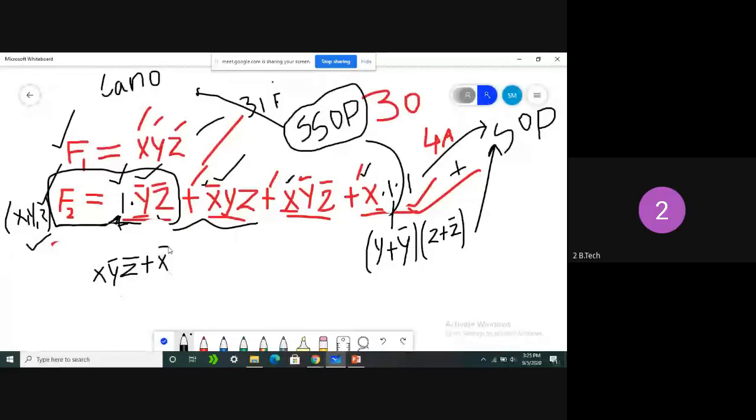Very good. See here, instead of a two-letter product term, we got two product terms. But these two terms are representing the same logic only. Y bar Z bar, these two terms will give both the terms. Why? Because if you separate Y bar and Z bar from these two terms, we get X plus X bar, and X plus X bar is nothing but 1. So its identity is not changing. Y bar Z bar is not changed by multiplying with X plus X bar. Will you agree or not?